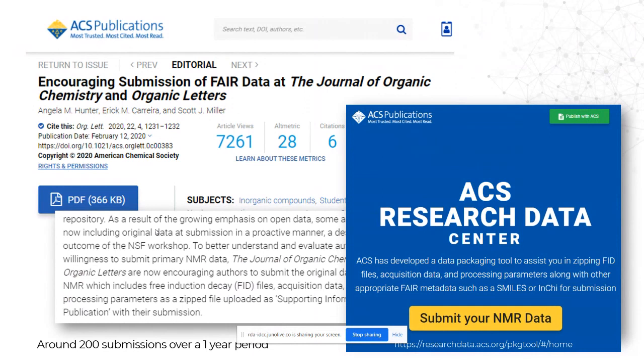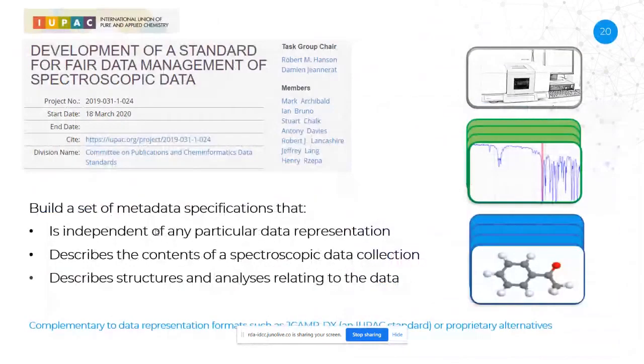Over a one-year period, there have been around 200 submissions. Now, I don't know the percentage, but I was on a call yesterday with someone from the ACS, and they implied it would be very small compared to the number of spectra published across chemistry in a week, never mind a month. But that's okay, because it's a start, and there was a time when there were only 200 CIFs deposited and the rest were being dragged out of the literature manually by abstractors. So it's a start. But it's also provided us with some insight that we can use in other projects.